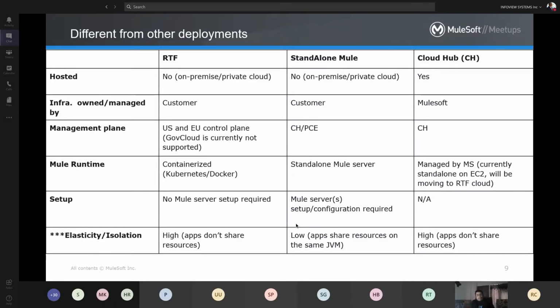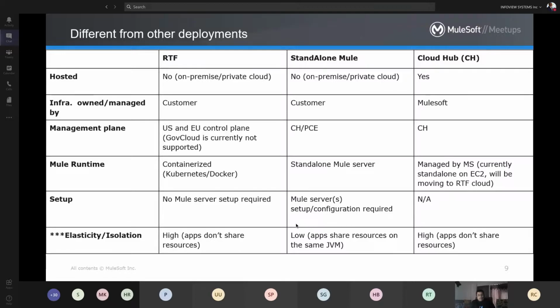Elasticity is very high, as we know that in the Cloud Hub environment MuleSoft provides high availability of the platform and integrations based on the shared load balancer or private load balancer, depending on our requirements.